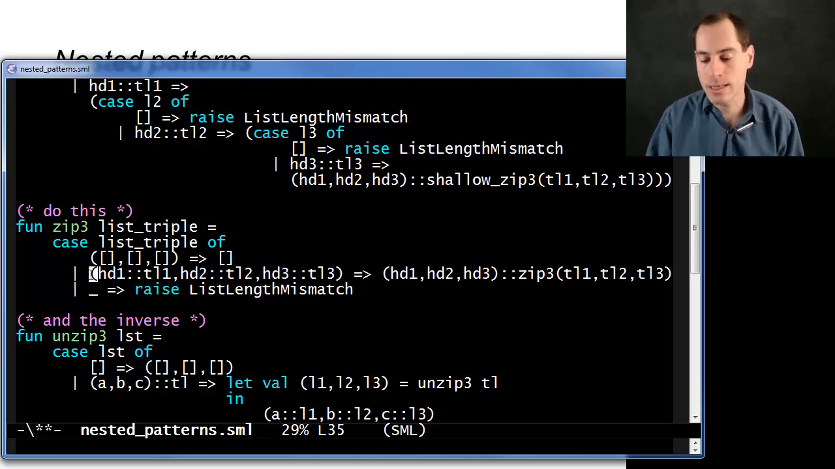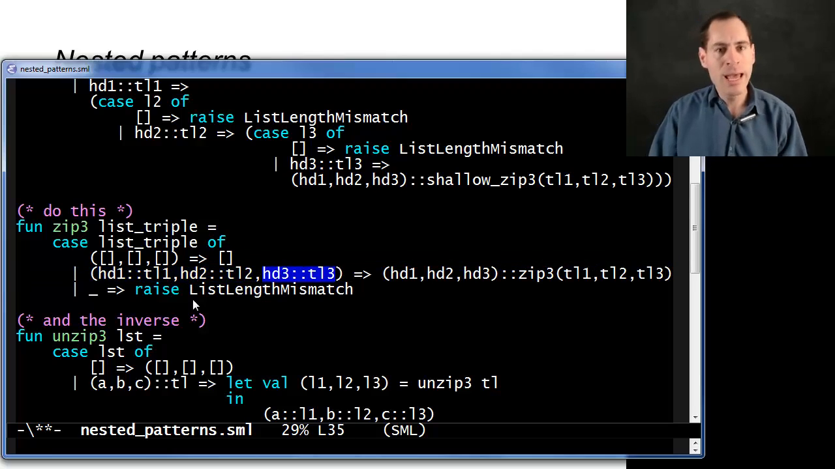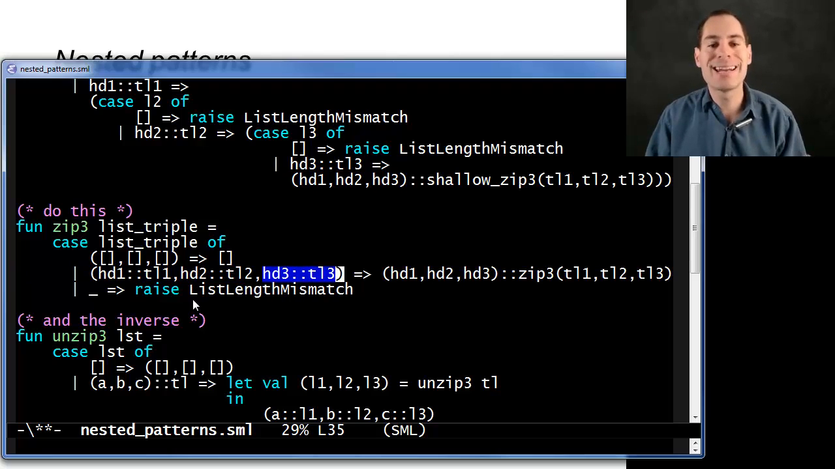Now let's look at the next pattern. This pattern also matches triples. Here's before the first comma. Here's before the second comma. Here's after the second comma. Each thing in it has to be a non-empty list. Why? Because this is a nested pattern that matches against non-empty lists, just like this one is and this one is. So the overall pattern will only match list triple if list triple is something that is a triple containing